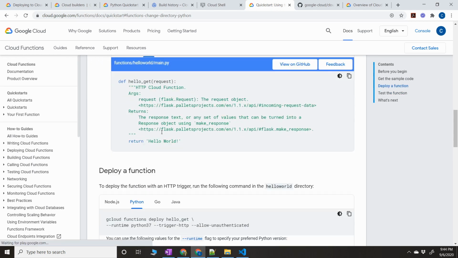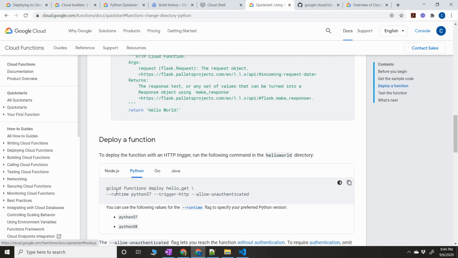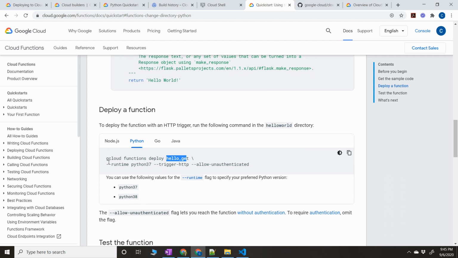For example, if you have to deploy the cloud function using gcloud, you would do gcloud functions deploy, and this is the function name, and you're going to have the main.py file and requirements.txt and all those files in that source repo, in that location wherever you're trying to deploy from. Or if you're picking up from the source, you would give the git repository name there. So this is a standard command when you're trying to deploy using gcloud, right? And if I go back to my code,